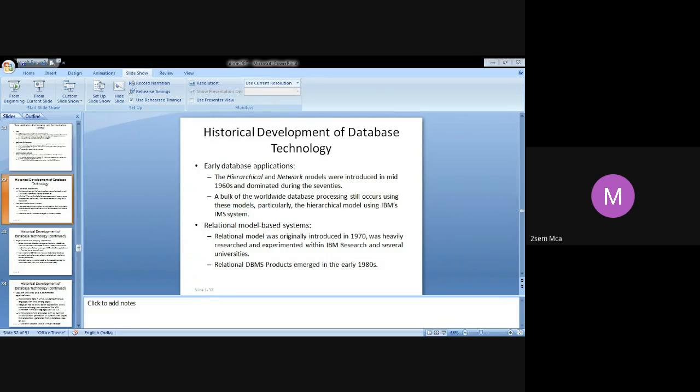All right. So next we will see what is in the historical development of how this database technology came up to the level it is at today. In other words, in your syllabus, the same thing is given as a brief history of database applications. So what are the different applications? How did it actually start off and to where has it come today? All right, that is what we are going to see.